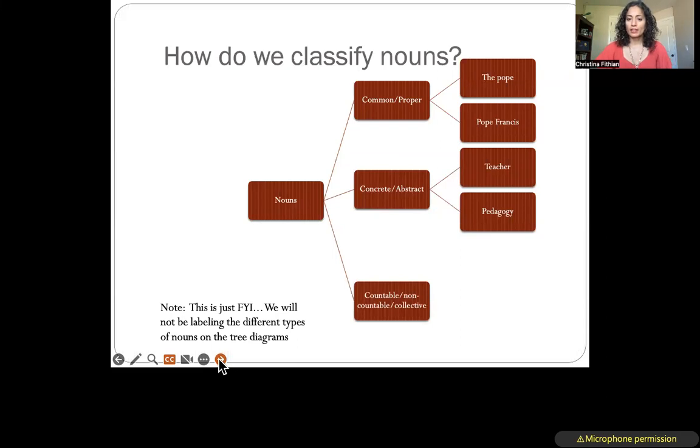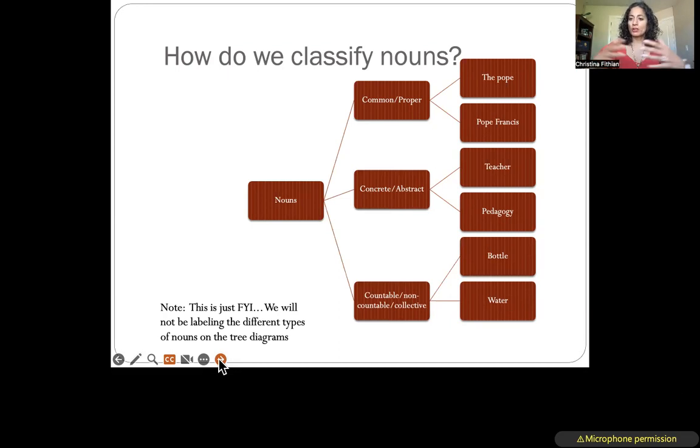We can also divide nouns by whether they're countable, or what we call count nouns, or non-count nouns, or collective nouns. So, for example, bottle, like the one I have here, this is a count noun because I can have one bottle or 2 bottles. I can count them. In contrast, what's in my bottle is water, and water is what we call a non-count noun because we wouldn't normally say I have 1 water or 2 waters, right? So water is a mass, something that we cannot count individually. Now, we also have collective nouns like the word collective, that is a noun, or team, or group. Now, these are singular nouns, but they refer to more than one